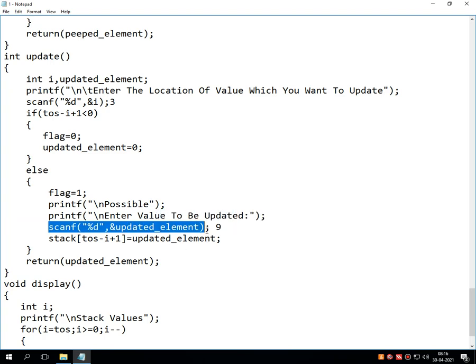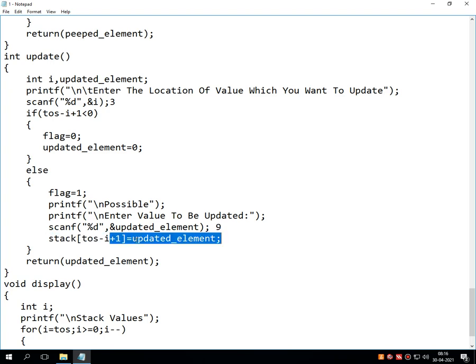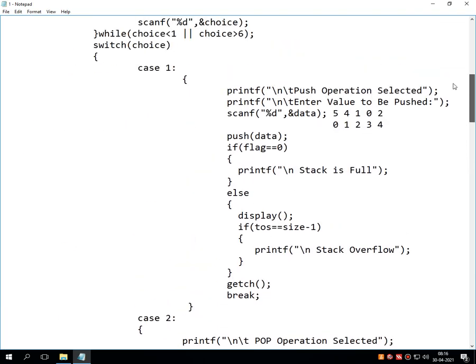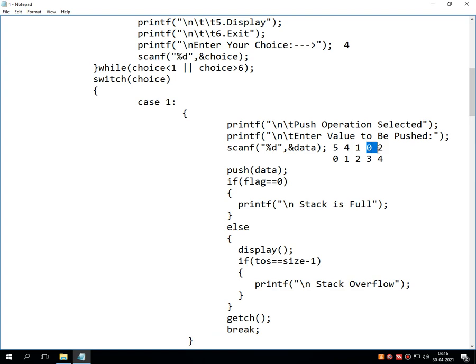Whatever value I enter is passed into the stack element, and it is replaced by this logical line: stack[top - i + 1] = updated element. That means 0 is going to be replaced by the new value, 9, on location number 3.